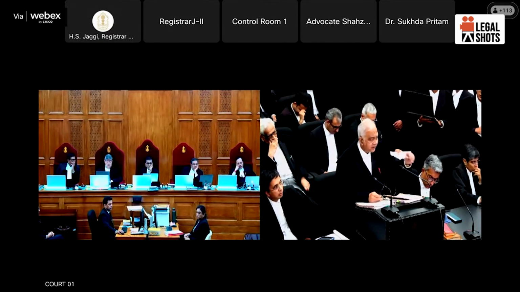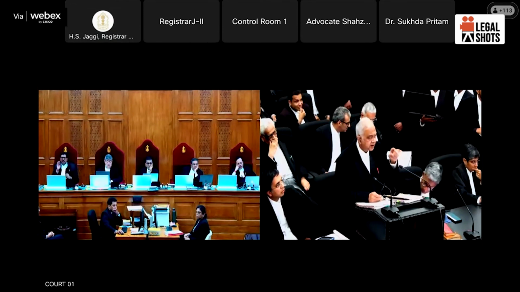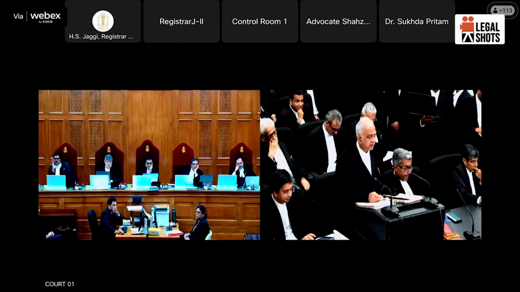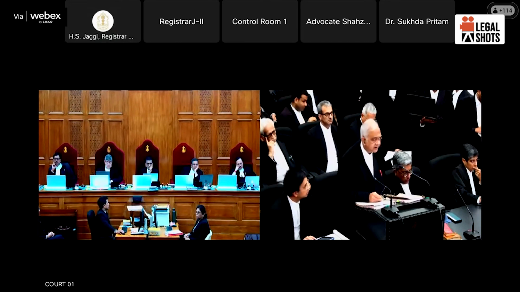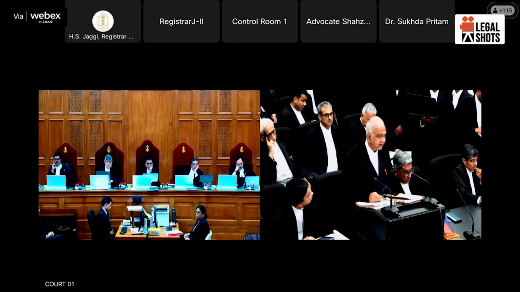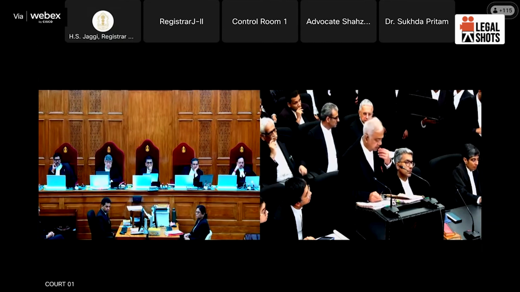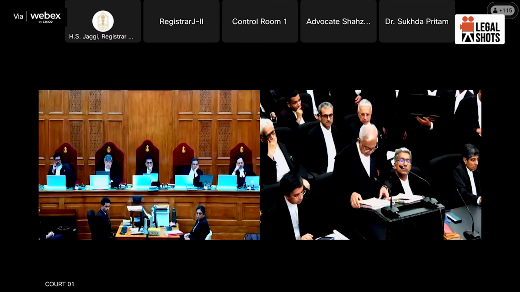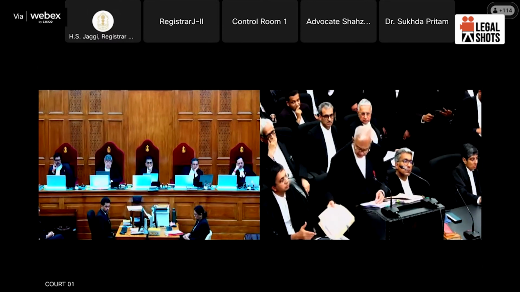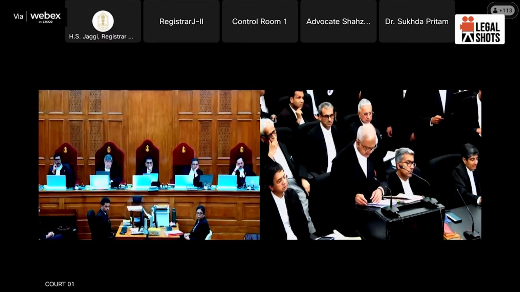So therefore, in my respectful submission, the observations in para 47 in Santosh Gupta's case to the effect that the sovereignty has come to an end is clearly contrary to Premnath Kaul's case. In any case, it's an obiter. In any case, there is not much of discussion in that judgment on this issue. And it's a judgment of only a bench of two learned judges. So my next point is